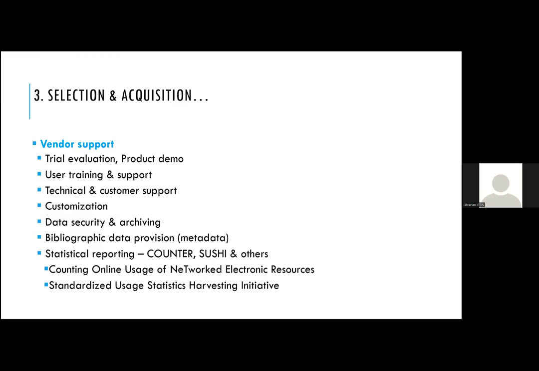And then vendor. If at all we are going through a vendor, we need to look at various aspects. But in most cases, we try to go to the publishers. We try to avoid going through the vendor unless it is inevitable. So once again there are a good number of issues that one needs to look at, whether it's a publisher or vendor. We need to really see that.